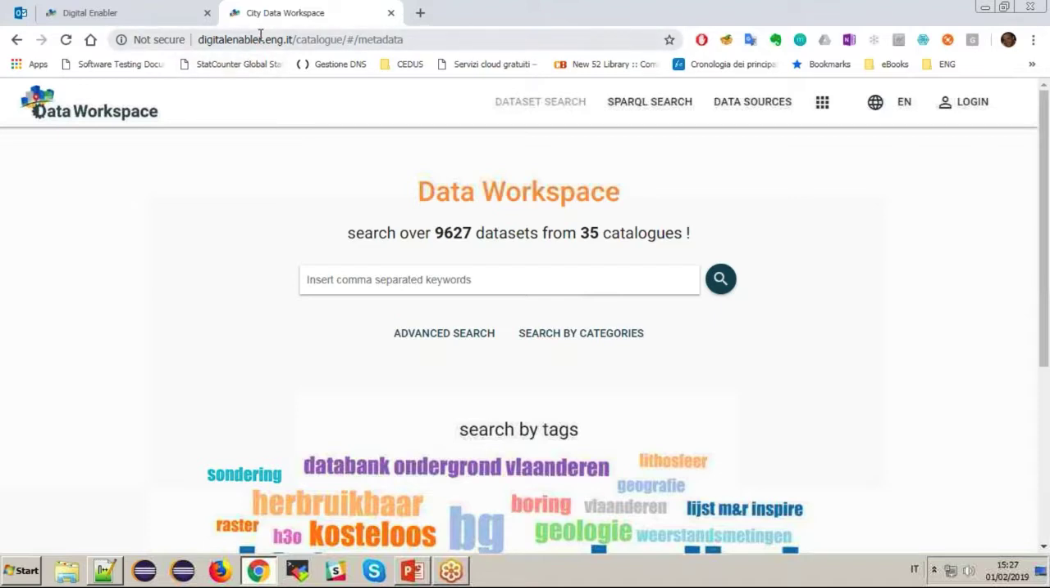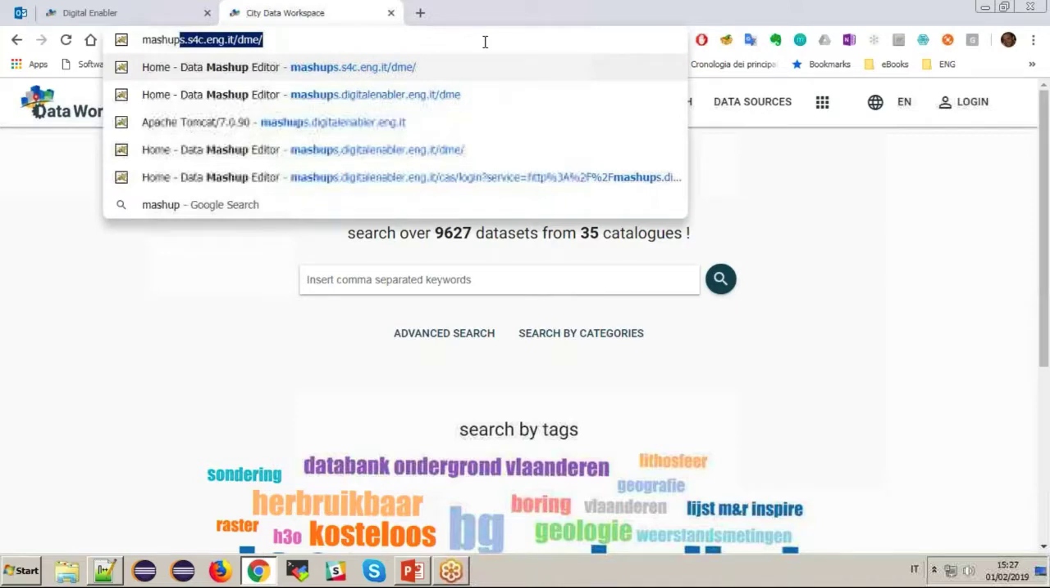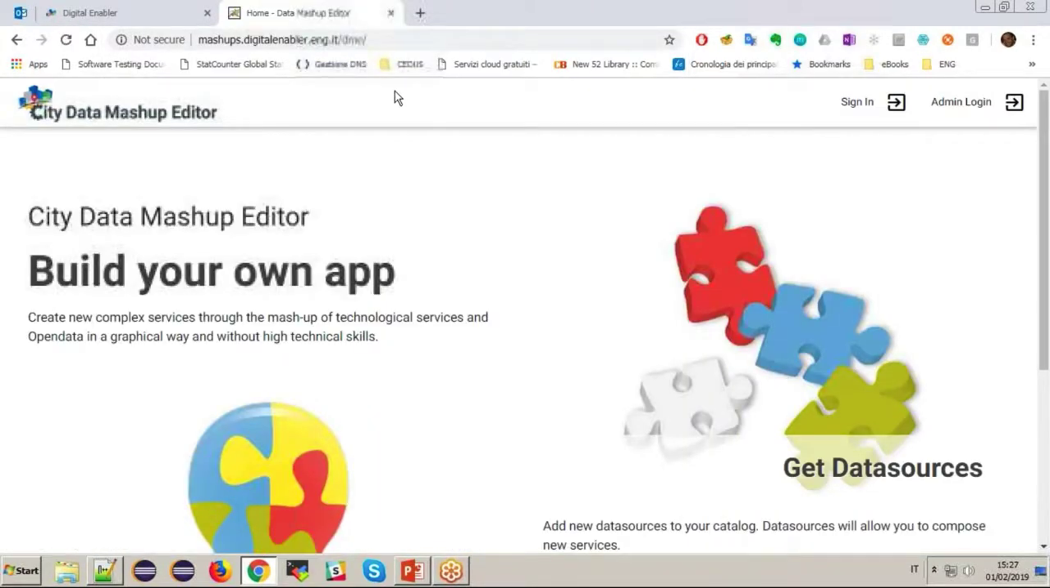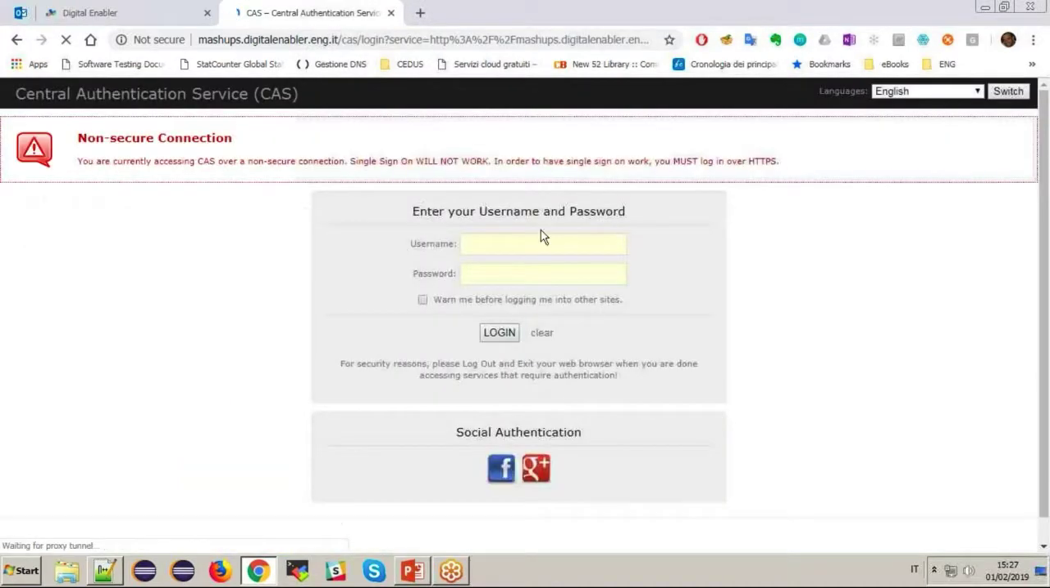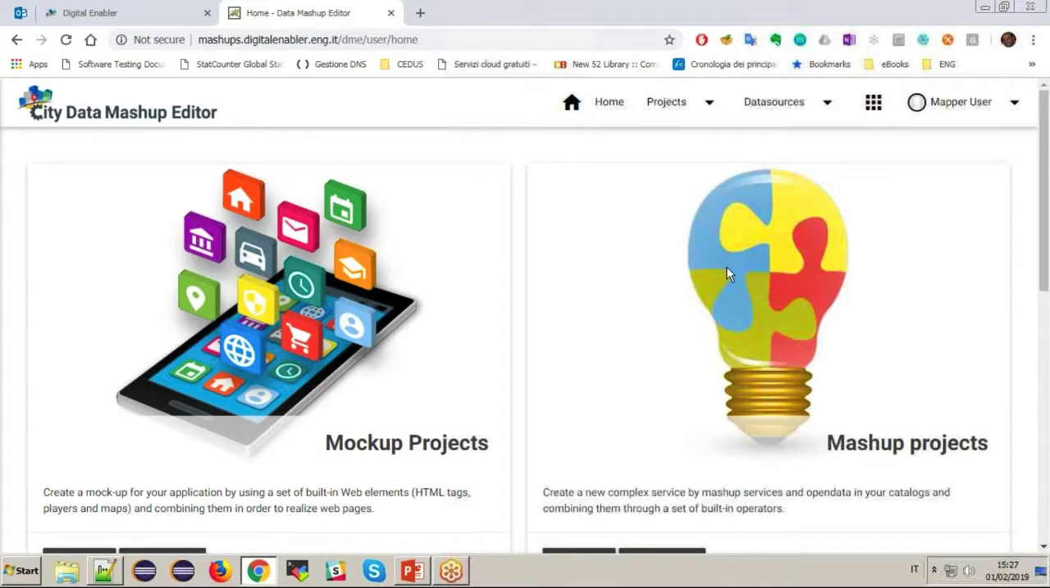So I would like to go in this moment. I would like to show you instead the City Data Mashup editor. The City Data Mashup editor is available at mashups.digitalenabler.10.it. We have an instance here. To access the City Data Mashup editor, you must have an account